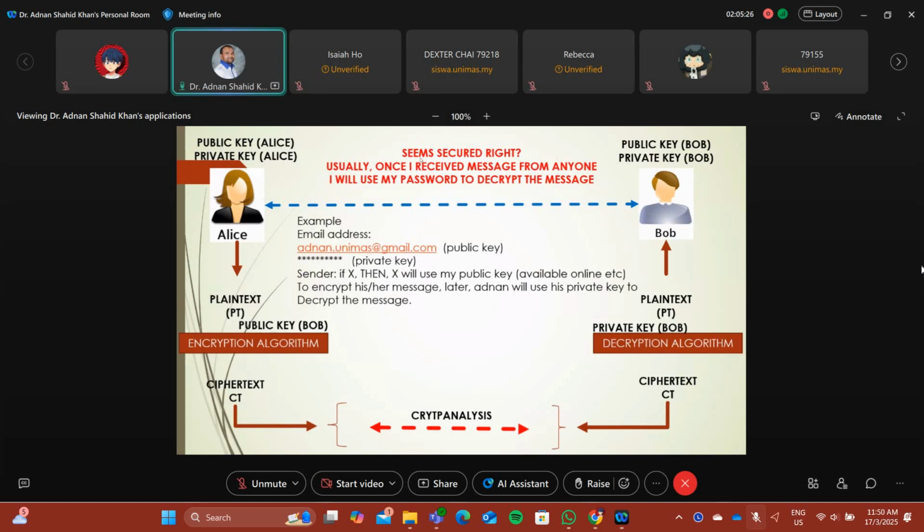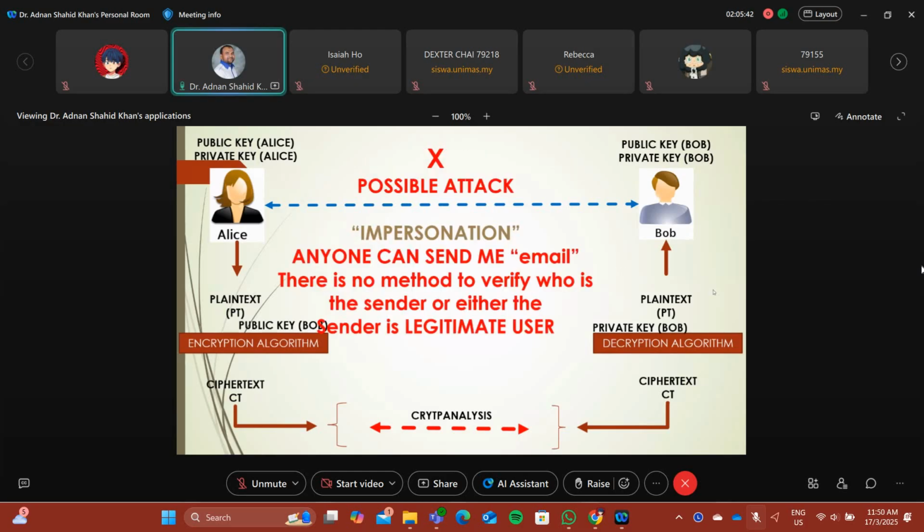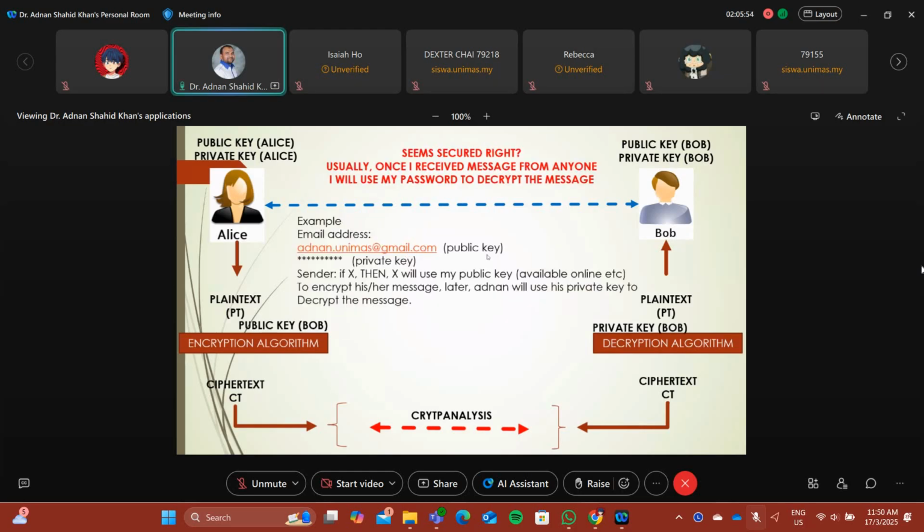However, you see, it seems secure. Usually, once I receive a message from anyone, I use my private key to decrypt the message. Bob receives a message from Alice, Bob has the private key, and only Bob can decrypt the message. So we have one attack: the impersonation attack. Anyone can send me an email. There is no method to verify who the sender is, and whether the sender is a legitimate user. You see here in Gmail, if you say Adnan Shahid Khan, but Adnan.unimas, I can say,